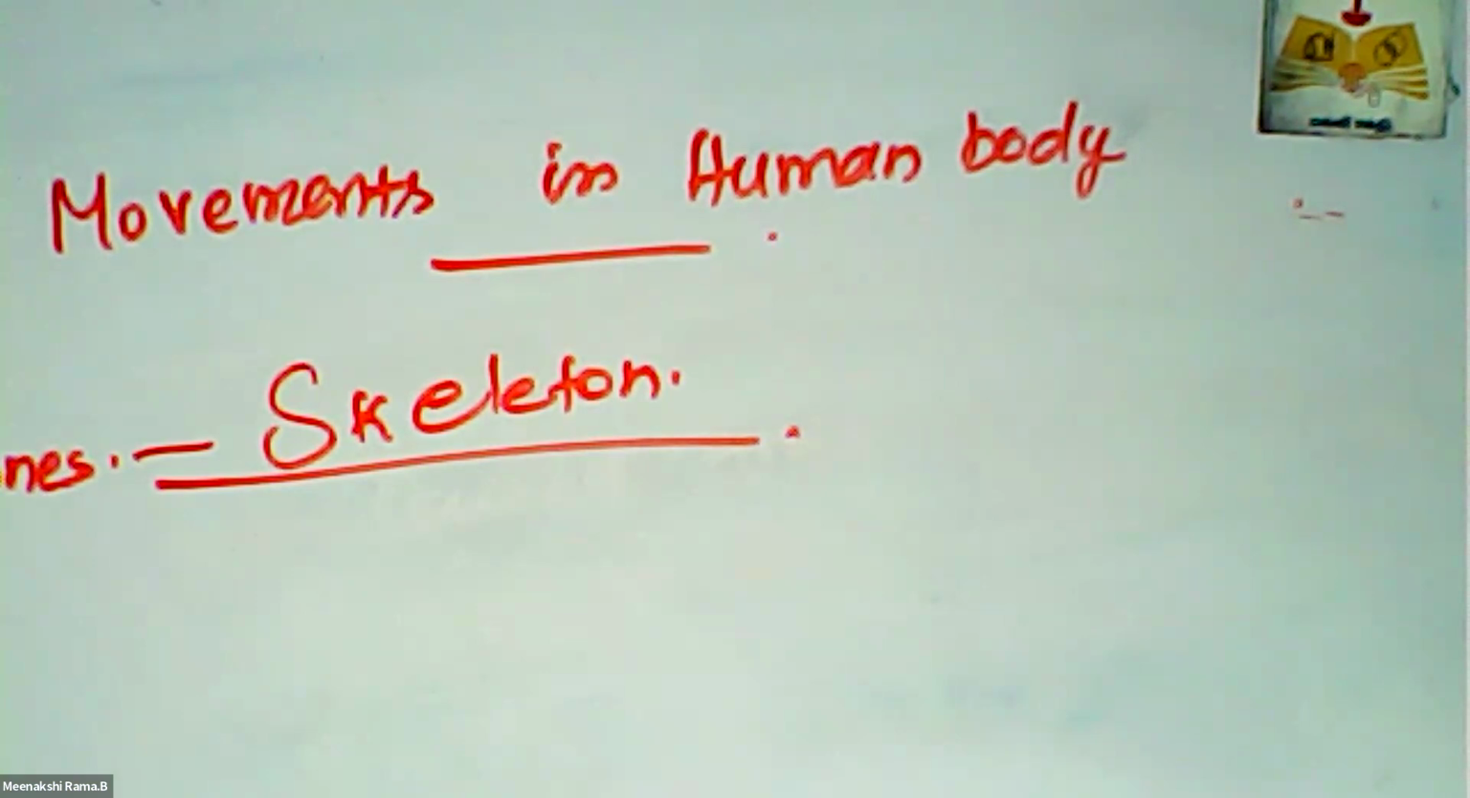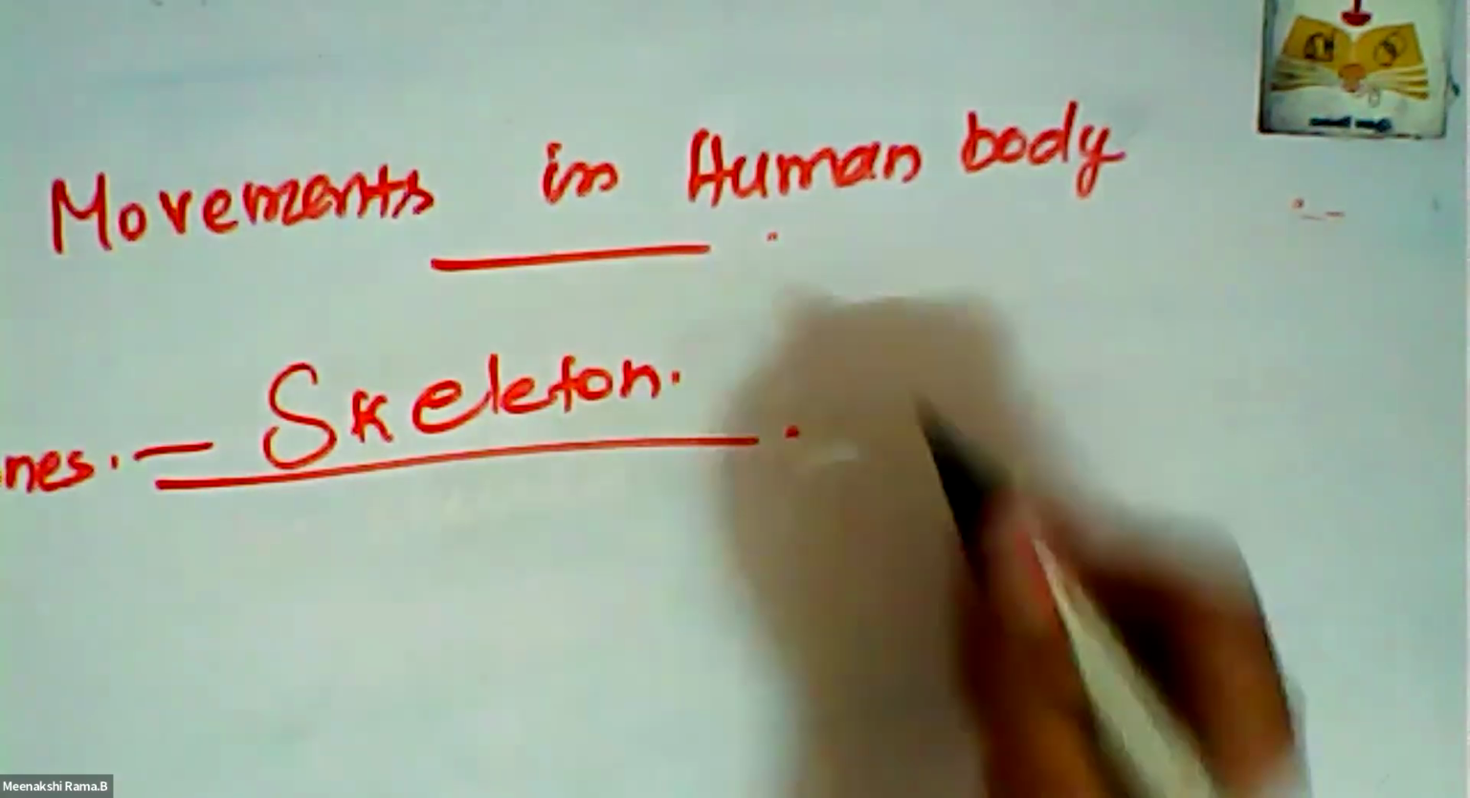Some other movements in our body are also possible: movement of eyelids, movement of heart muscle, movement of teeth and jaw, movement of arms and legs, movement of head, and movement of neck also. These are all the different movements in our body. What are they? First one,